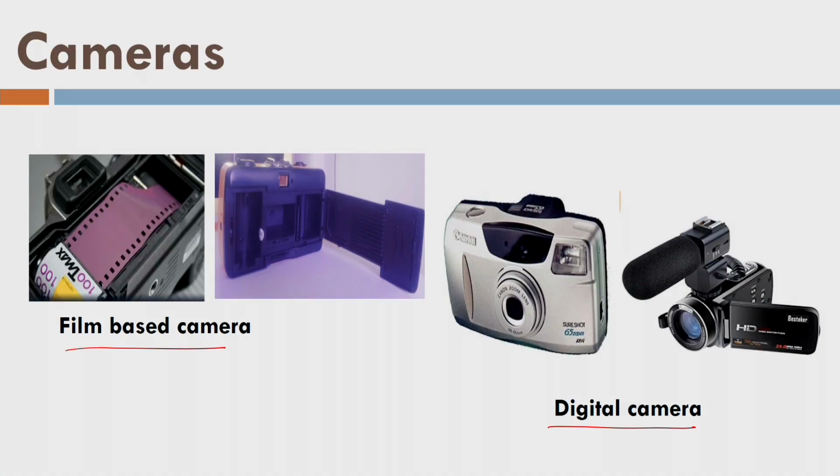Using those negative films, we used to develop the positives or photographs in hard copy, and then we used to use those photographs. So this was the process of film based cameras. In case of a digital camera, we don't do anything, rather we click it and then we immediately transfer our data to the laptop or computer. So that is a fundamental difference between the analog camera and the digital camera.